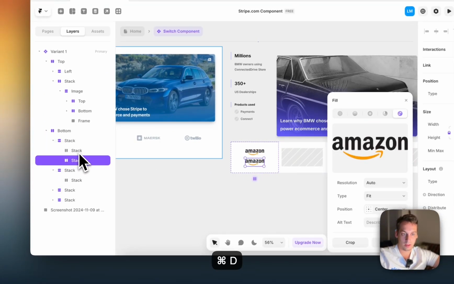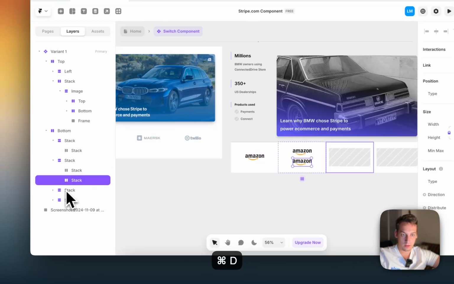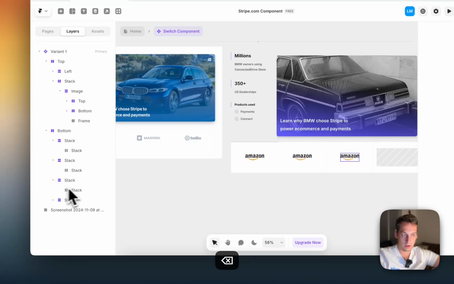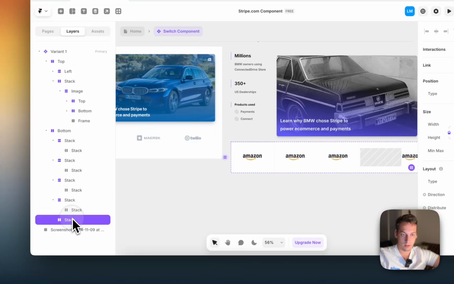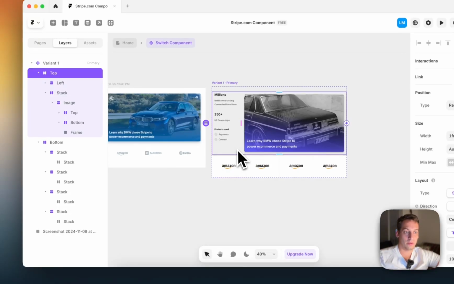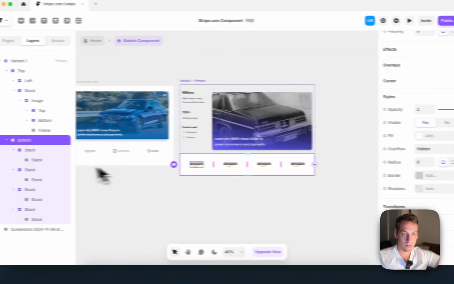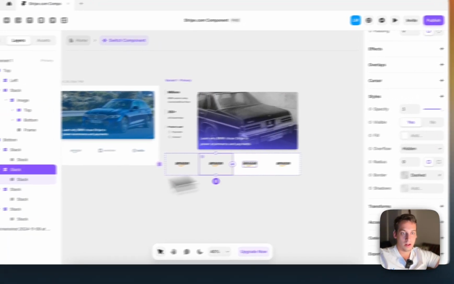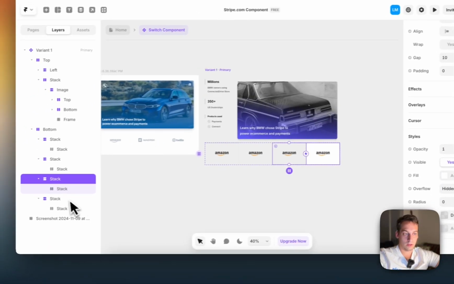Let's just duplicate this, bring this here. Delete this. Duplicate this, bring this here. And delete the top one. And do the same thing. And delete the top one, the bottom one now. So you kind of understand the whole logic here, right? So let's just delete the background images. And now the final thing that we want to do is just the little